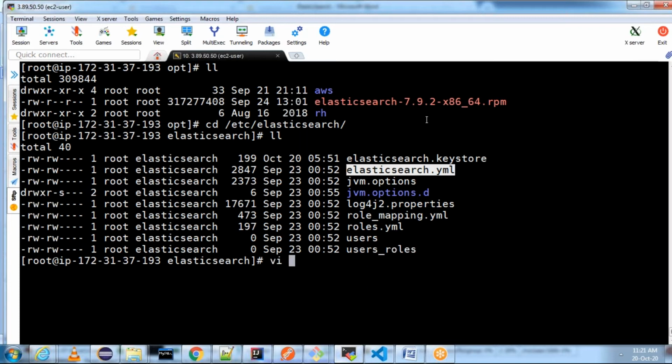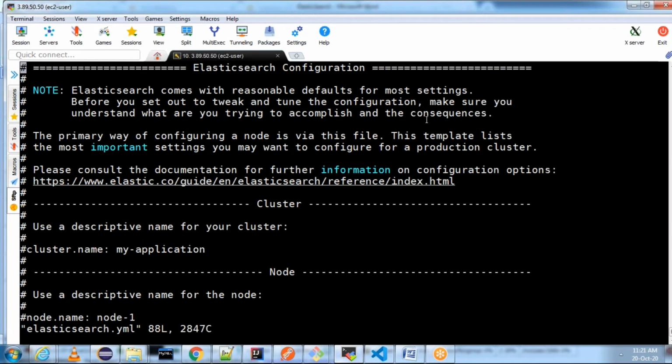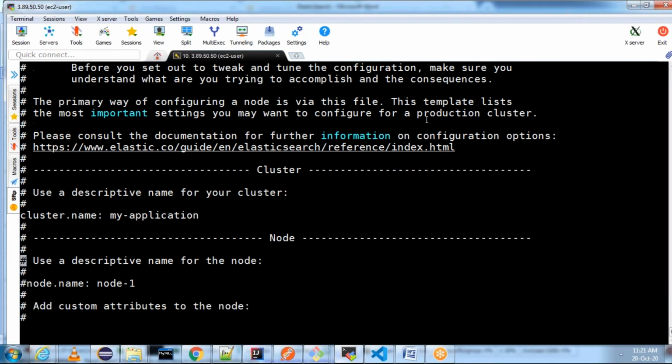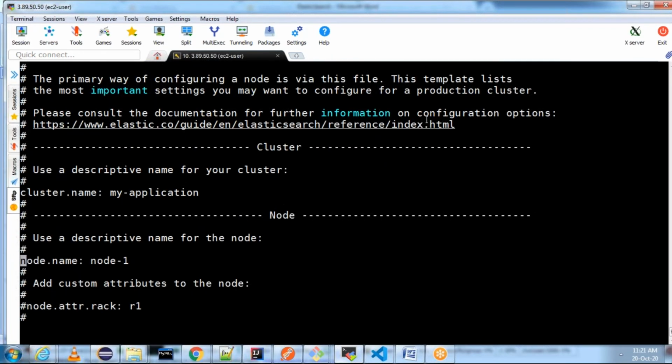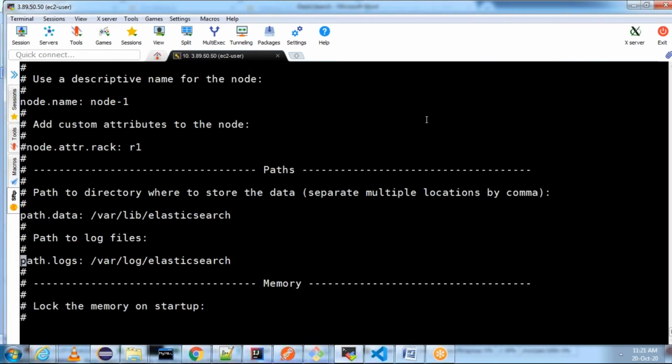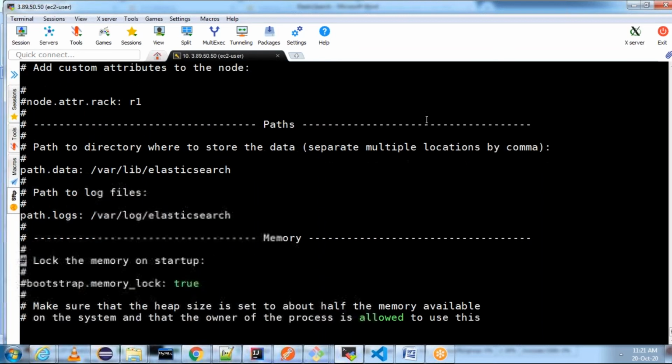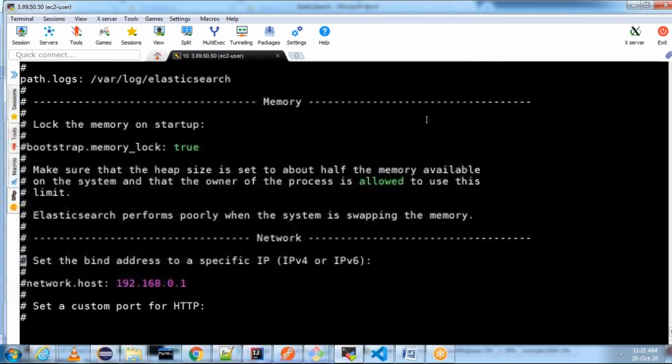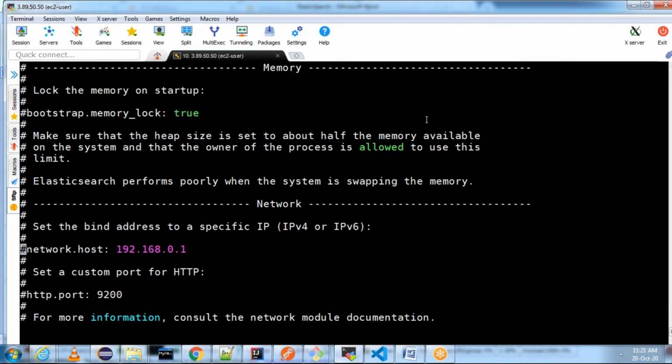Open this elasticsearch.yml file, and inside it, the first thing we have to change is the cluster name. Uncomment cluster name, and then node name, uncomment node name, and then scroll down. We are not changing path data and path logs. Scroll down, and we have network host.